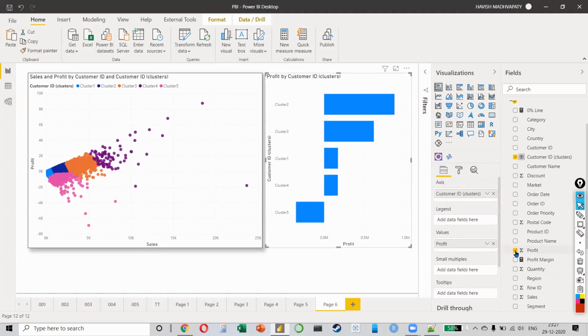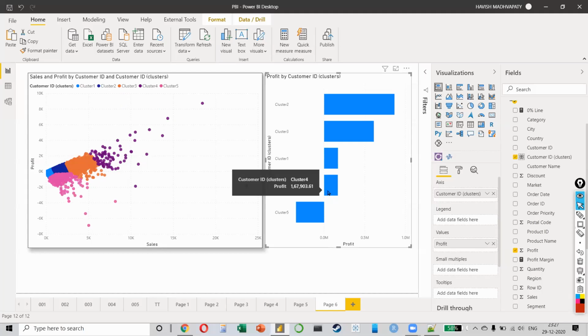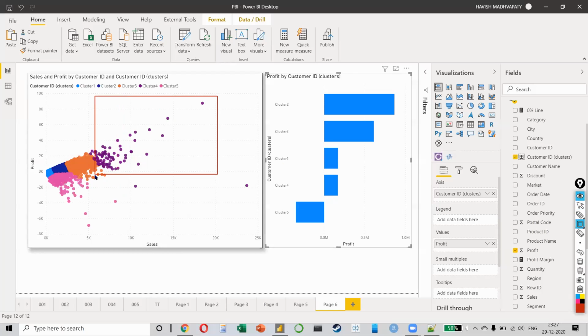And very interestingly, it tells you, look how interesting this is. Cluster 2 is the one with the highest profit. See, nobody thought of that. It's actually these customers which are generating the highest profit for the business, followed by cluster 3, right? And then followed by cluster 1, which is this blue one. And interestingly, if you look at this magenta, the ones with the very high profit, they are actually only generating 1.67 lakhs, while cluster 1 is generating 1.69. Think about it. This cluster is generating less profit than this cluster.